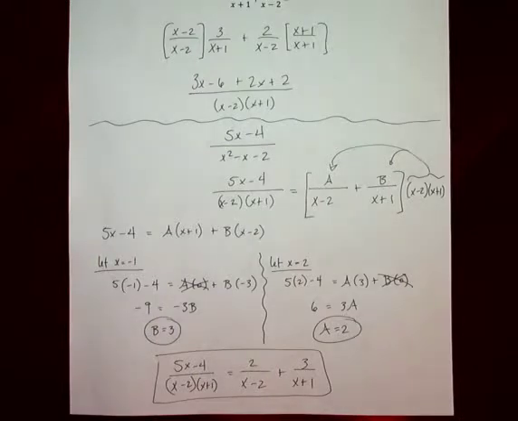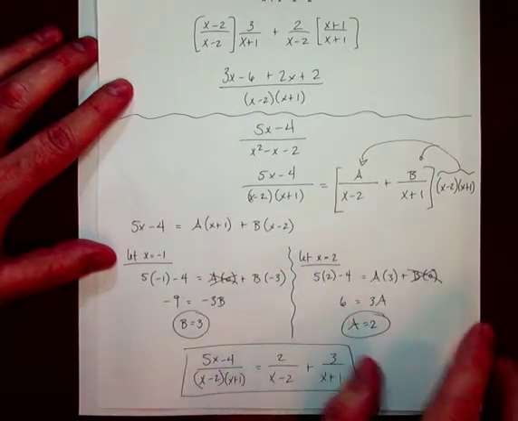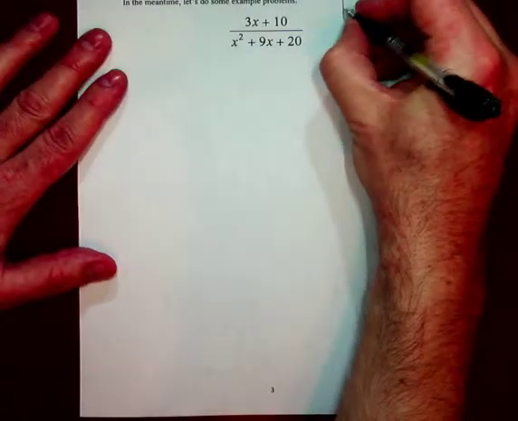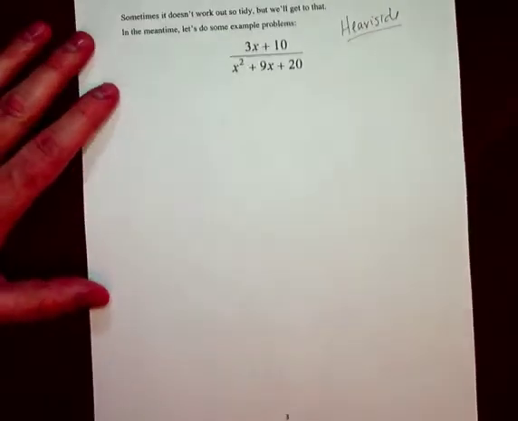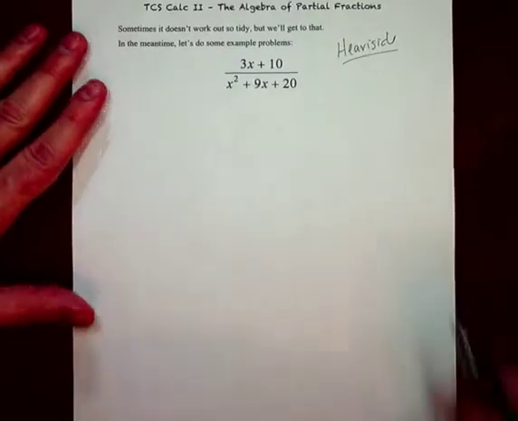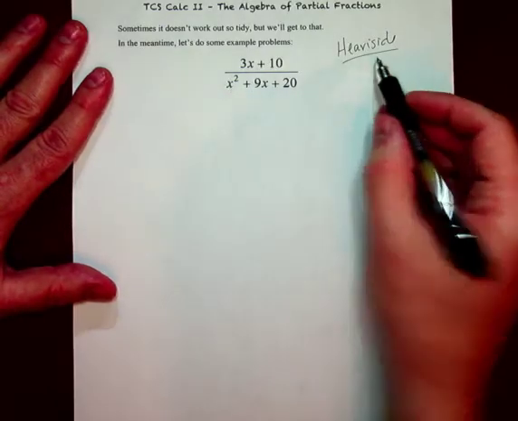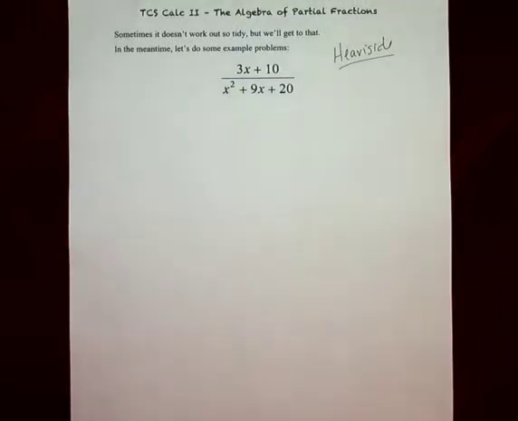But for now, we're going to go ahead and do a couple of examples just with linear factors. And what we are doing here when we use these convenient values is actually known as the Heaviside method. It's named after a guy named Heaviside. And it looks like Heaviside, like he's a little bit husky, but it's actually pronounced Heaviside, at least as far as I know. And basically it's a matter of plugging in those values which make things disappear and make the solutions much, much